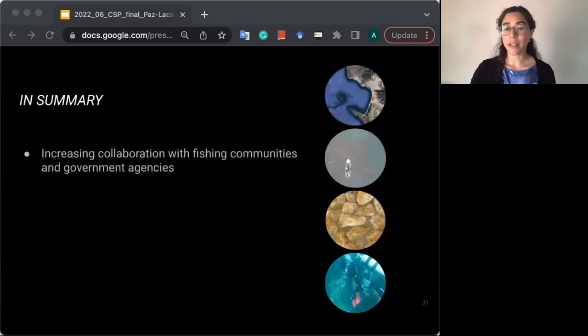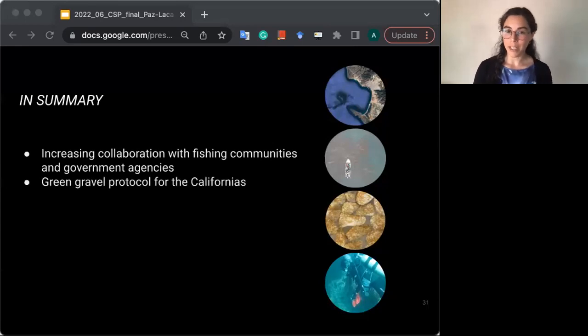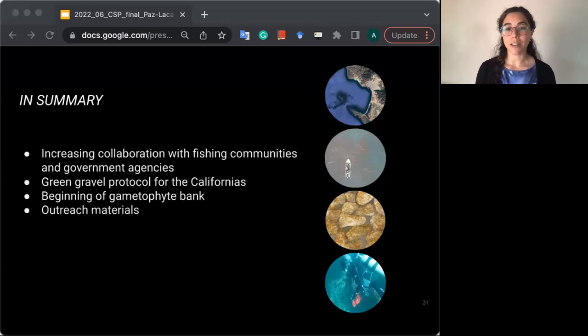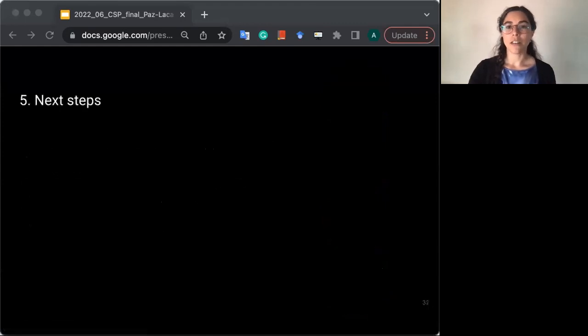So in summary, our key takeaways are: there's a recognition of kelp decline as a major event on our coasts, and that is being reflected in increasing collaboration with fishing communities and governmental agencies. We also have a working green gravel protocol for the Californias, Baja California and California, that can be replicated. We also have the beginning of a gametophyte bank, which is the equivalent of a seed bank, that we've been collecting from the populations we've been working with in the different trials. We've also created bilingual outreach materials, such as infographics, videos, and fact sheets that can reach various users. And we have a proof of concept that can inform the next steps,